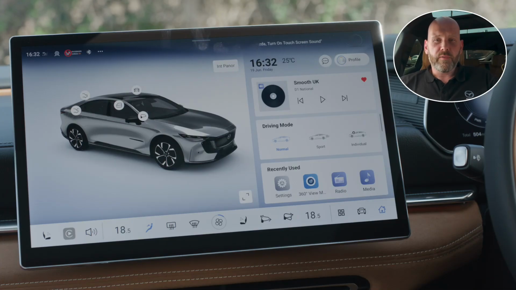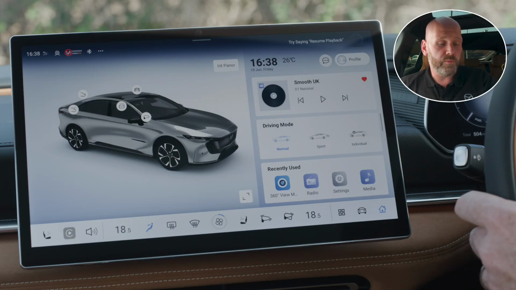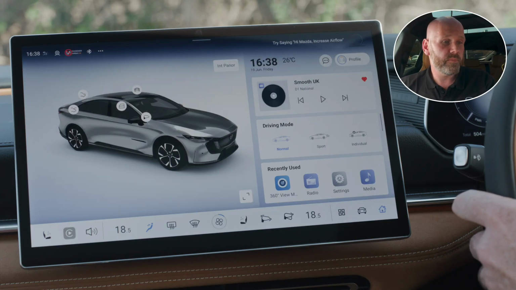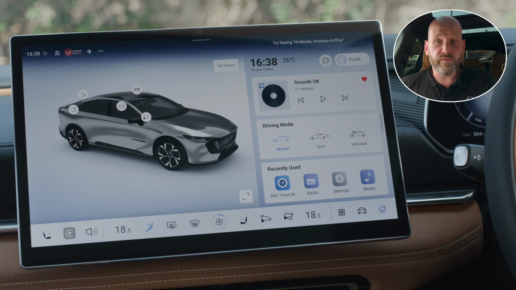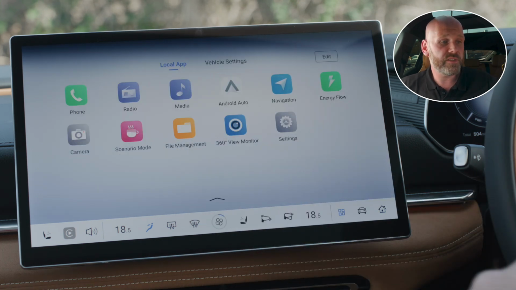Whilst the reversing camera will automatically activate when the vehicle is put into reverse, you can bring up the 360-degree view monitor at any time through multiple ways. The first and easiest is to press the 360-degree view button located on the steering wheel. A single press will bring up the cameras and a second press will close them. You can also do this by Mazda voice, or alternatively, swipe down from the top into the application center and